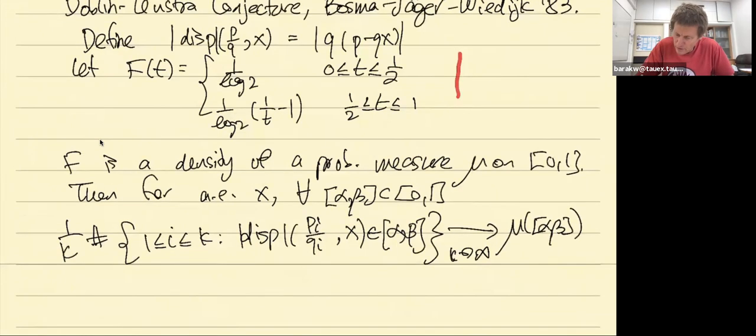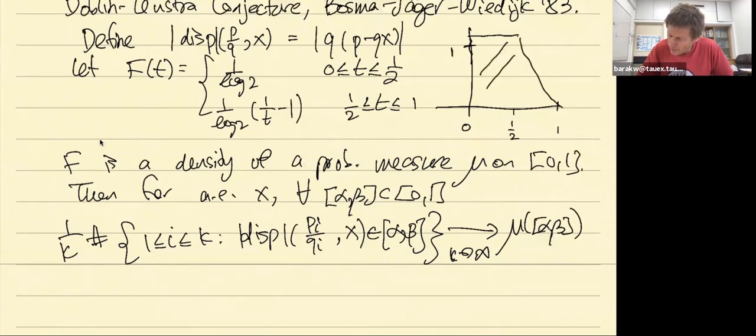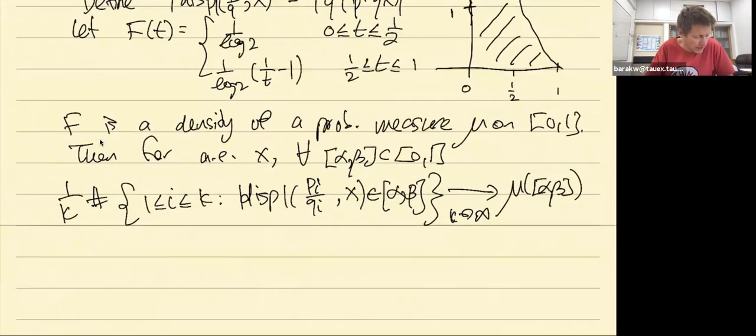So maybe I'll draw the graph of the density function. This is 0. This is 1. This is 1/2. This is 1 again. And so the density function sort of looks like that. It's a kind of a piecewise analytic density function that has this shape. So it's sort of a little bit more probable to get values close to 0 than it is to get values close to 1. A striking, interesting corollary of this, if you've never seen it before, is that the expected